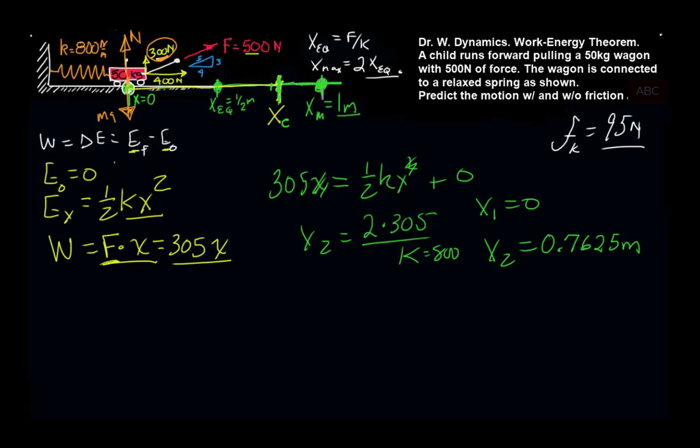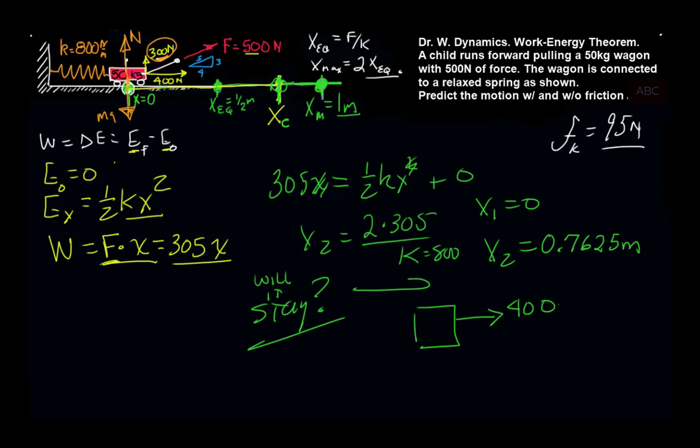Now again, we can ask the question, will it stay there? Well, let's see a quick free body diagram. We have 400 newtons acting forward. The wagon's going to reverse and try to go backwards, so this friction is going to turn around now, which was 95 newtons. And in this direction, we have the spring force of kx, which will be 800 times